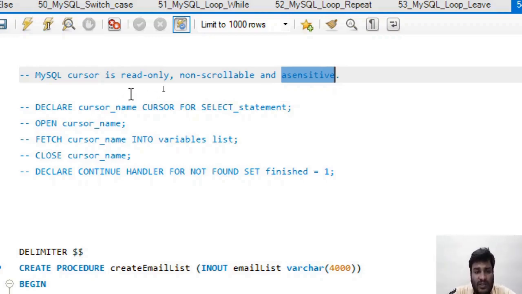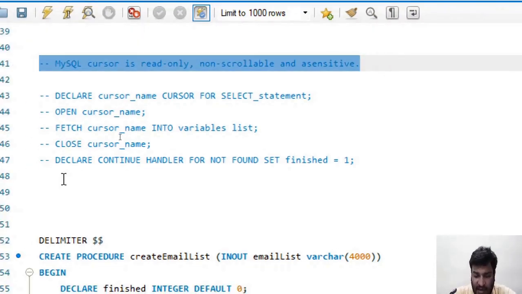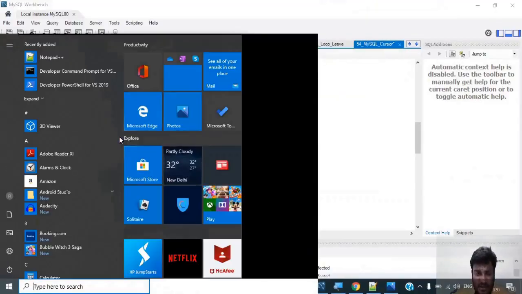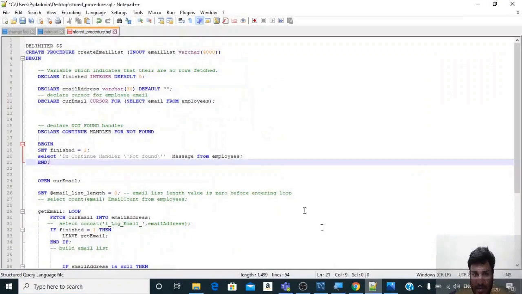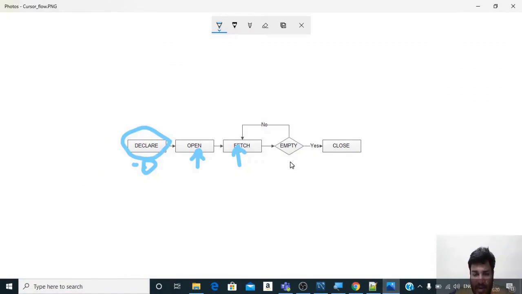So these are a few properties of MySQL cursors. After knowing these properties, let us go back to the script and now to the diagram. After fetching values from a table, it will check whether the table has gone empty.